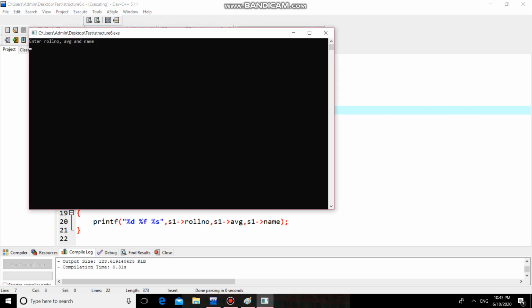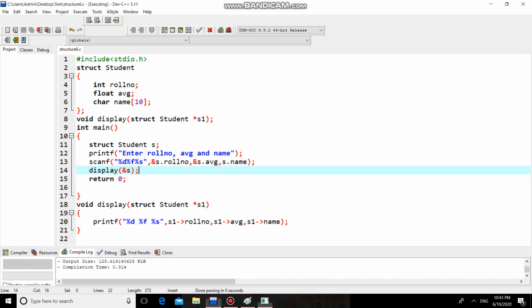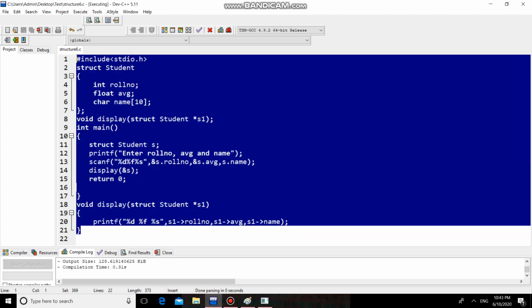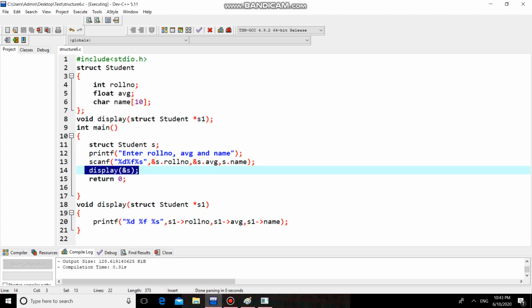Let us run this, give values, and you should get the same values: 12, 78.9 and abcd. So see, this is the program. Here we call the function by passing the address of the actual parameter. The actual parameter is ys, and the formal parameter is ys1.